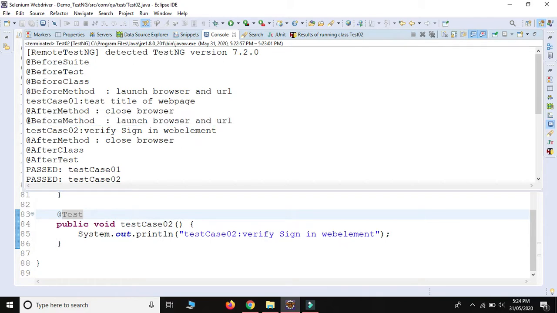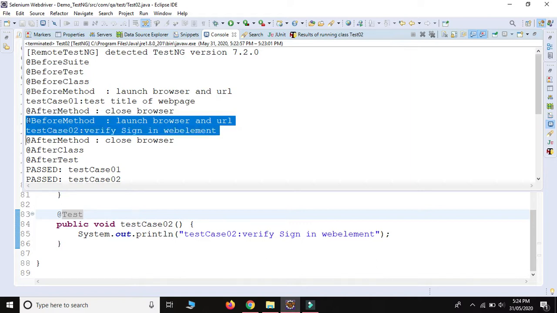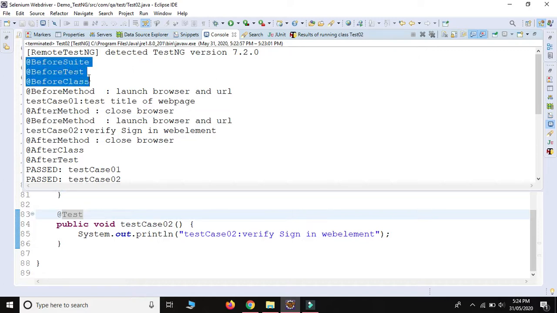The first one launches the browser, and the second time launches the browser and the URL, then verifies whether the particular sign in web element is present or not, then again we close the browser. But the remaining annotations will execute for only one time. See, this @BeforeSuite, @BeforeTest and @BeforeClass executed for only one time.